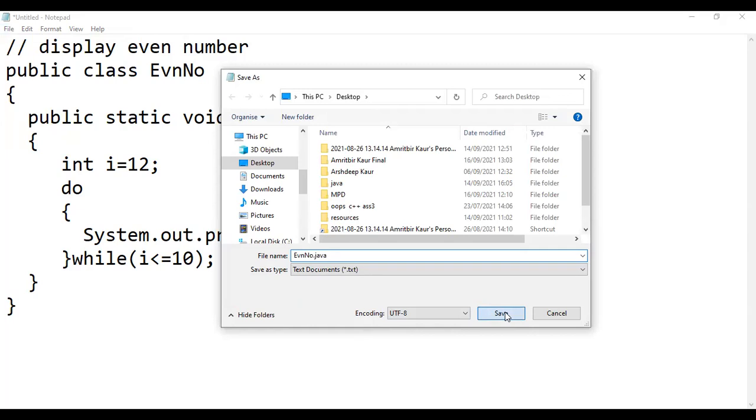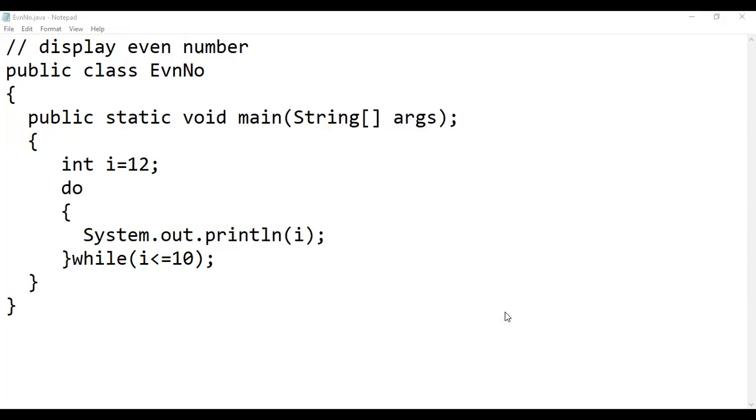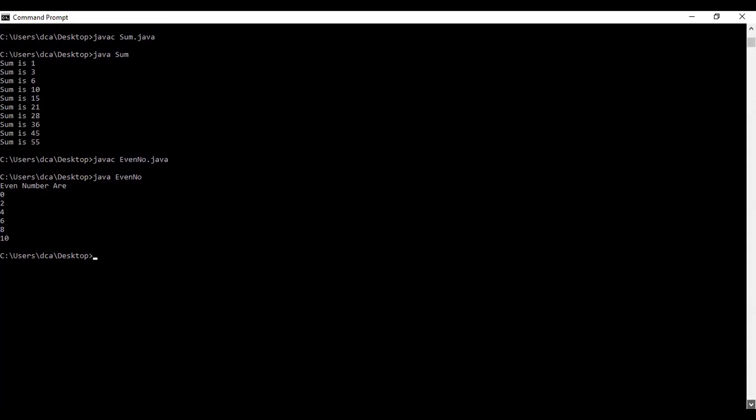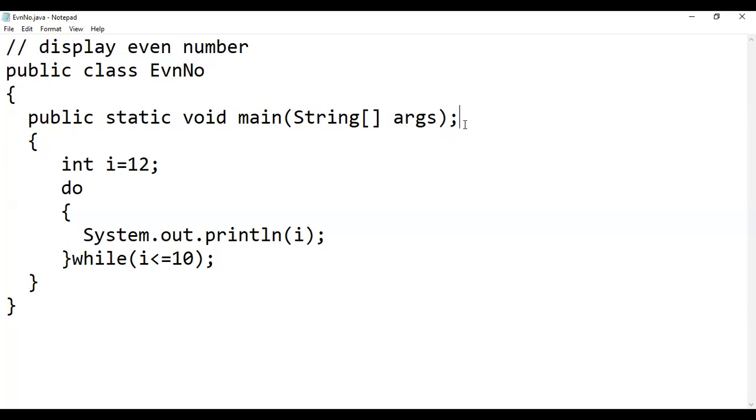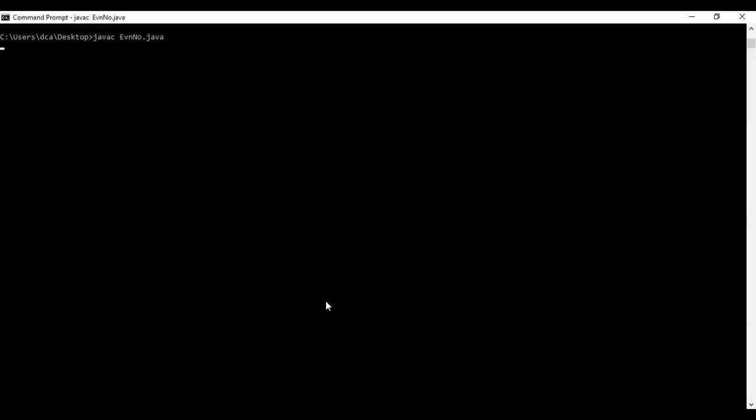So firstly, we will execute it. So it is compiled successfully.